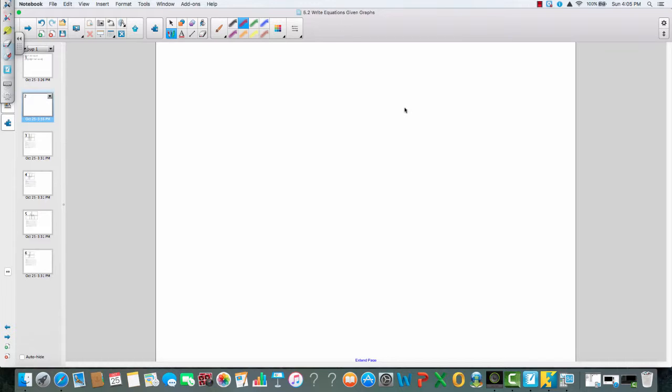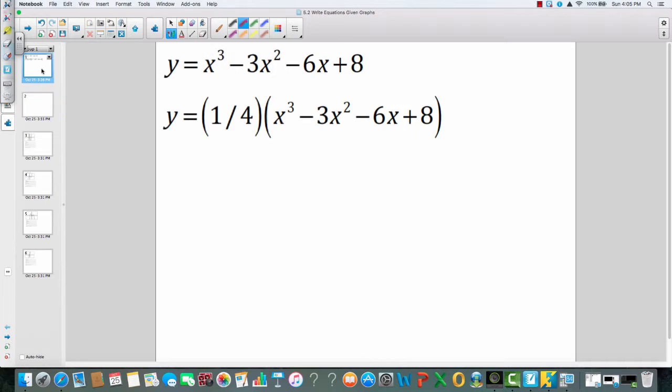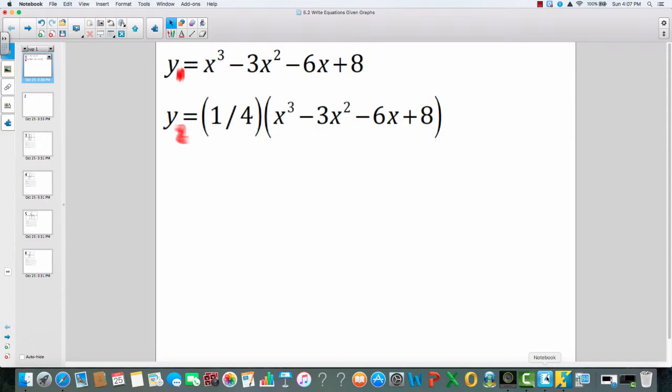You are going to need your calculator, and we're going to start off right away with putting two equations in our calculator, and here they are. You might want to call this y1 and y2. So while you're getting all that ready and entering this into the calculator, which I will do along with you,